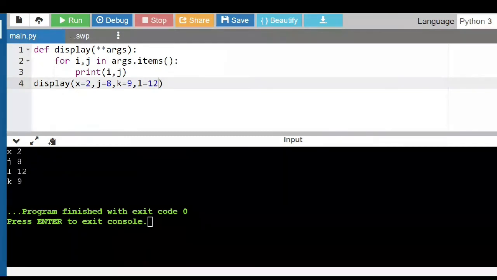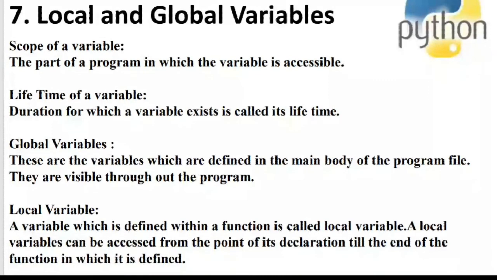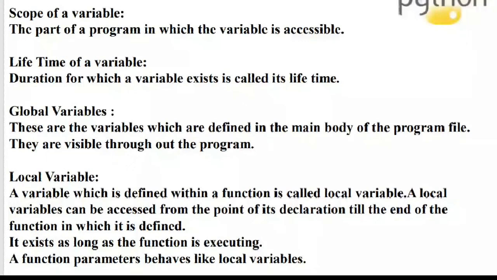Yes, ma'am. Now let us move on to a very important concept, which is local and global variables. What do you know about local and global variables in your C language? Here, the variables are associated with the scope and the lifetime. What is meant by the scope? Scope means the part of the program in which the variables are accessed. Parts of the program means you have functions, which are called subprograms, a part of a program where a task is performed.